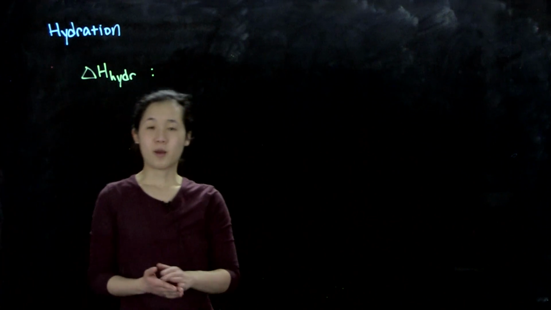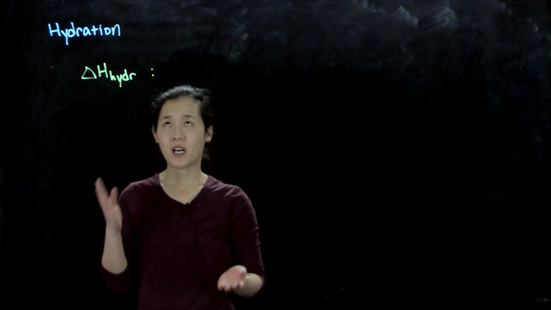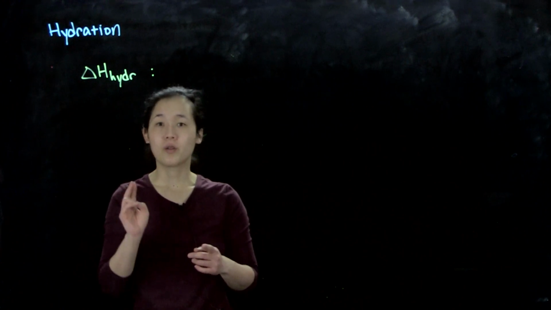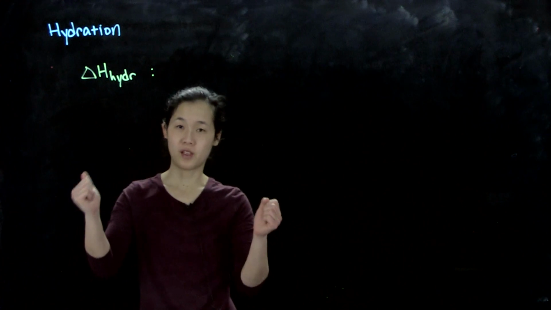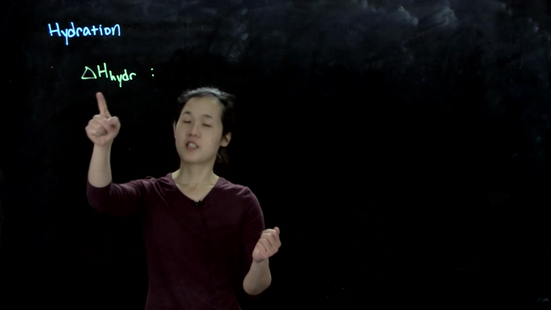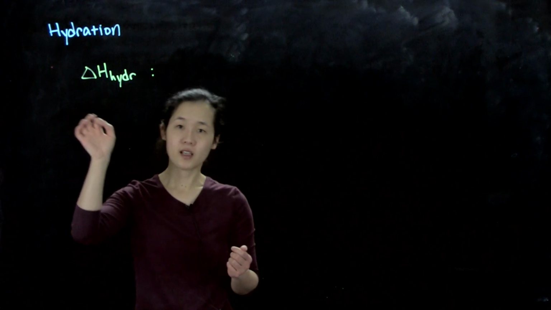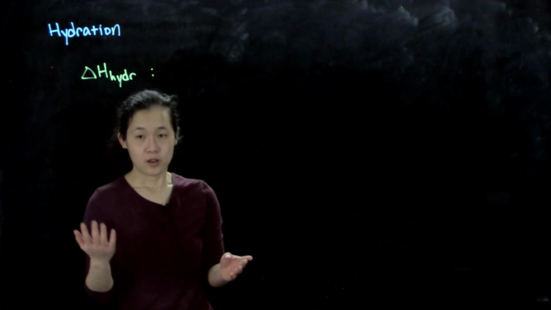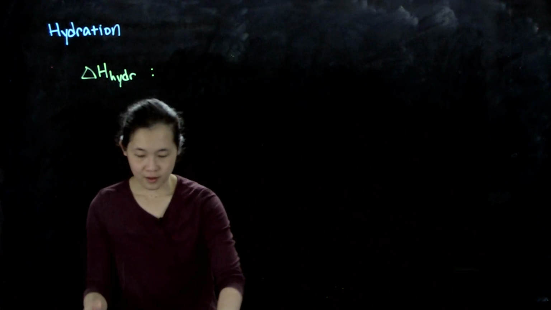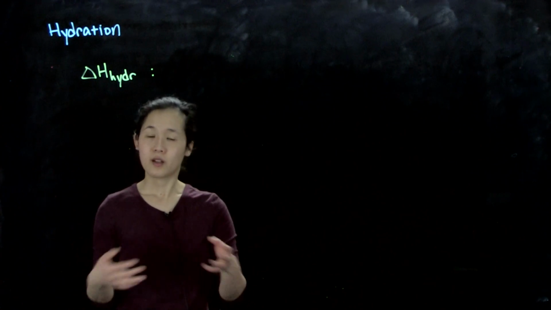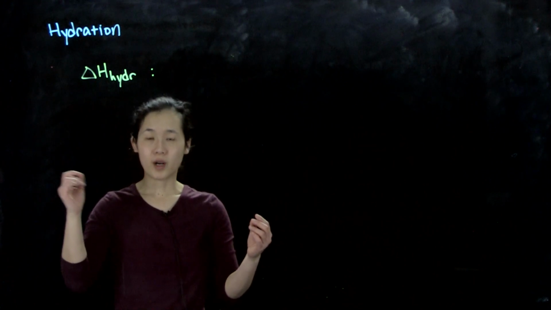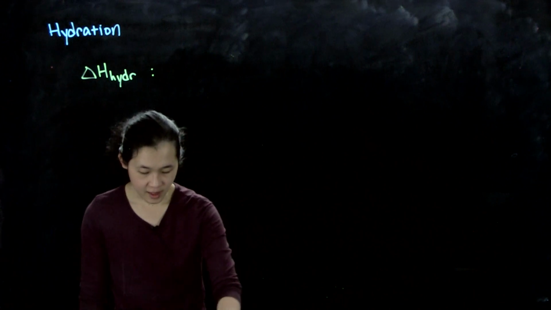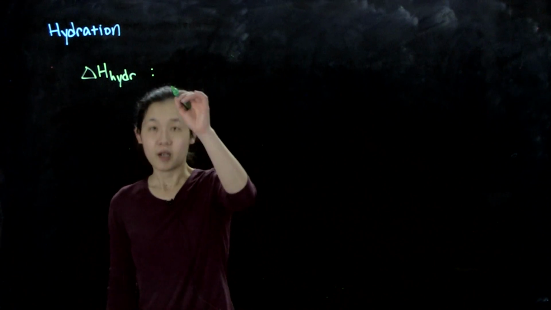In my last video, I talked about how soluble something is in water depends on two competing energetic factors: the lattice enthalpy, so breaking the bonds within your salt, and the hydration enthalpy, which is taking those gaseous ions and adding water to them to form that solvated ion. So the hydration enthalpy, how much heat you're getting out when you're forming those bonds between water and your metal ion, or anion in this case, is governed by